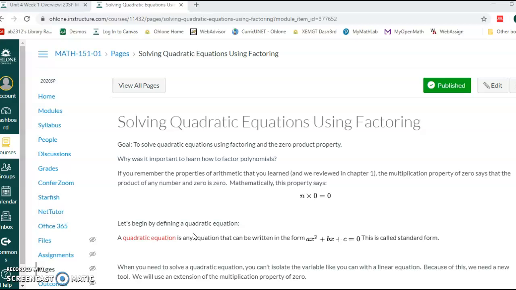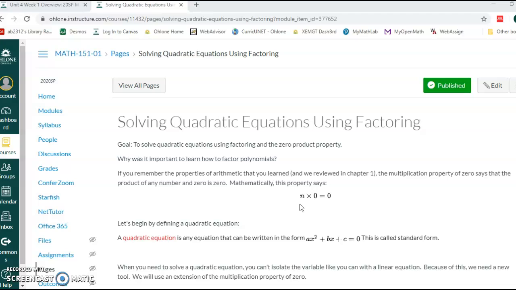This last unit is all about using the factoring that you practiced last week and using it to actually solve problems and look at solving different types of equations. So the first thing that you're going to do is to learn how to solve quadratic equations using factoring. And this relies on this property called the zero product property that essentially says that if you